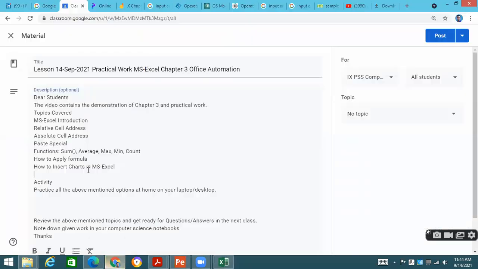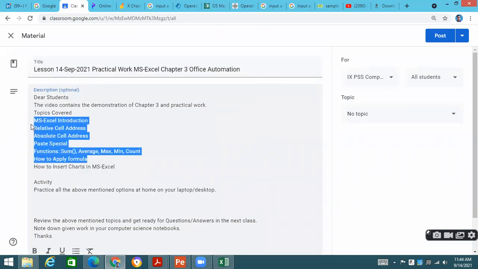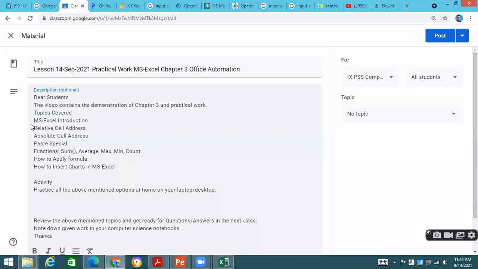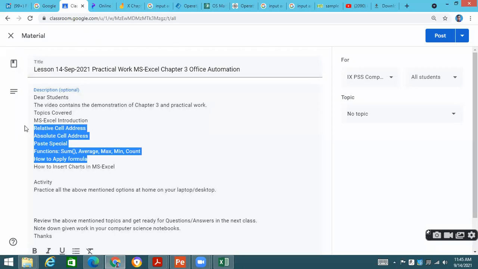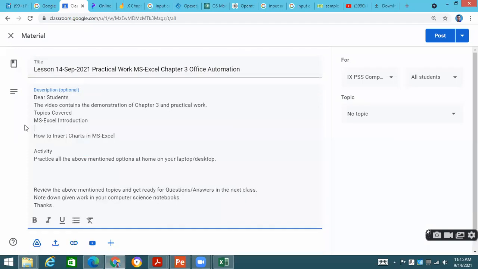So what we have covered in today's lesson: how to insert charts, number one. This is the important thing that we have done today. How to insert a chart, number one thing.